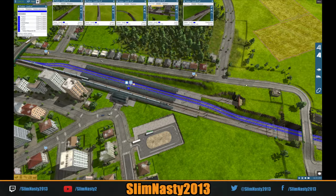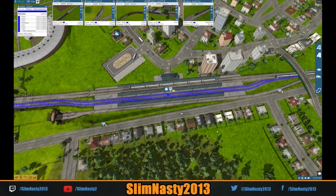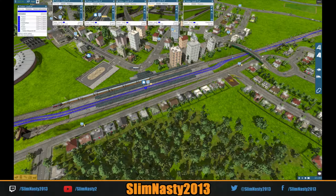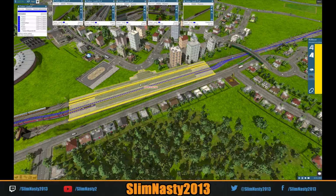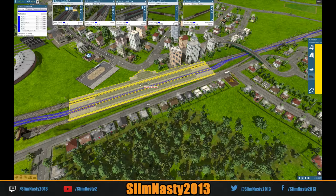So we'll let that train go out. This is going to be a mistake, let's face it. So speed it up, get him out. Vehicle in the way, another vehicle's going to be in the way. No. Got to wait for him to move. And we'll try and go through, we'll put all the modern stations in, but we'll make sure they're at least 240 in length to fit that train. They don't need to be the mega long ones. So I must have put some really short ones in, because I swear one of those were...